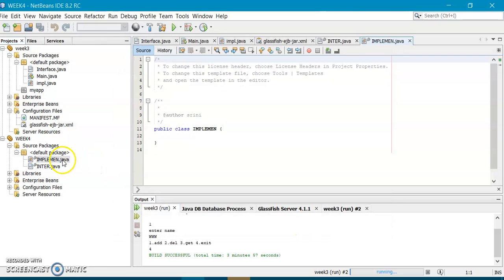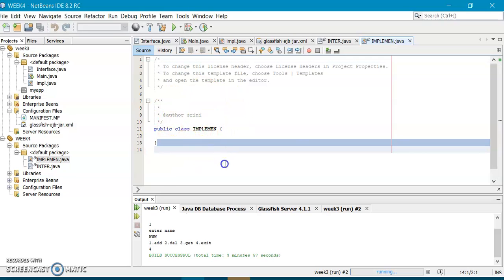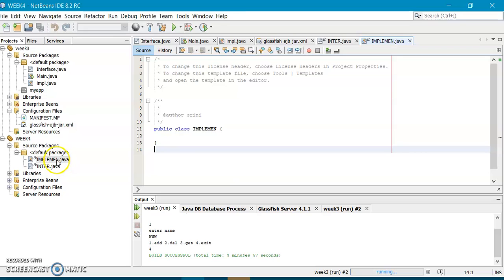This is implementation.java. You'll be getting one more window. You write the implementation part here. Whatever abstract methods you have written in interface.java, all those you have to implement in this, right?